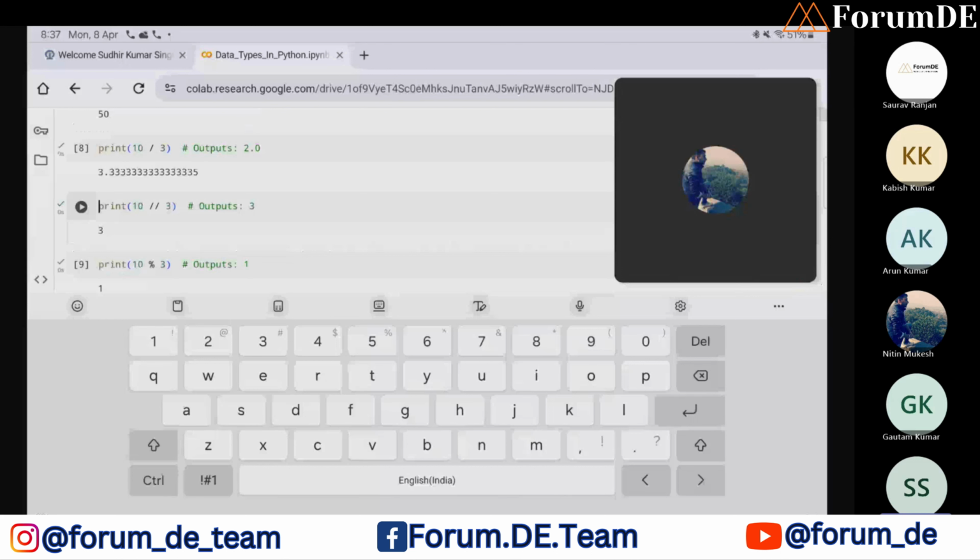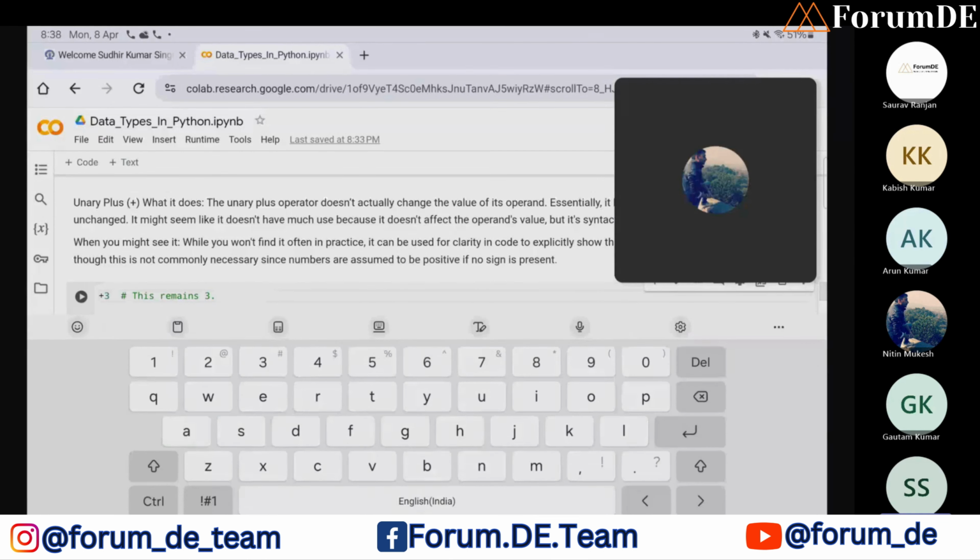This is just a basic math concept we must have studied. Like if we write plus 3, then it will remain plus 3. So we can run it also here.